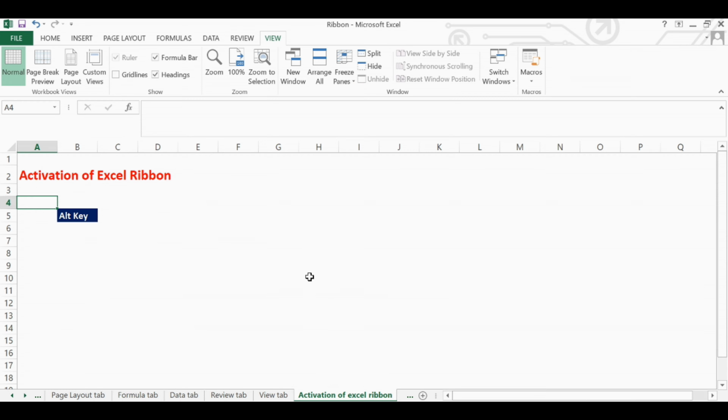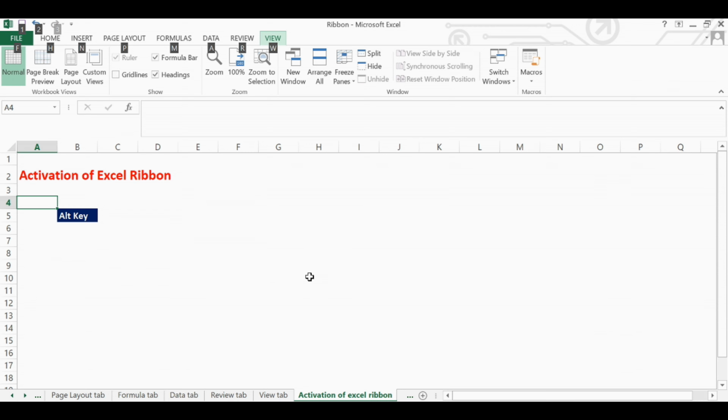Let me introduce you to another concept of activation of the Excel ribbon. By pressing the Alt key, we can activate the Excel ribbon. Each of the tabs of the Excel ribbon is represented by an alphabet.